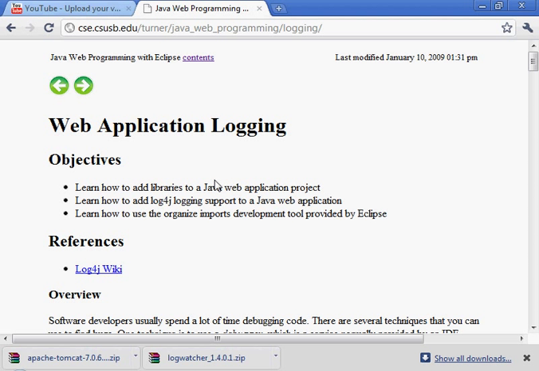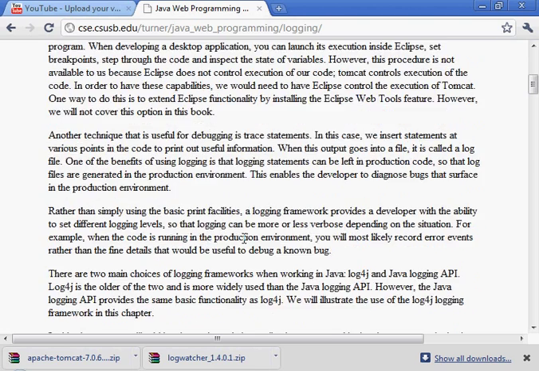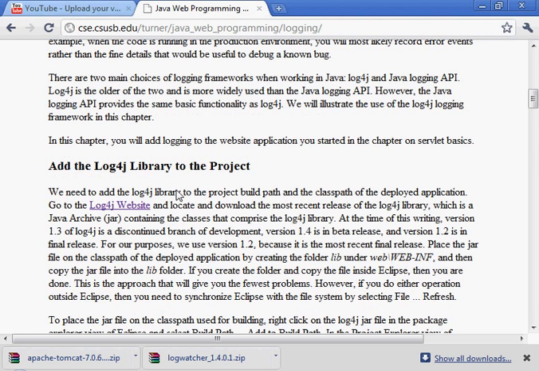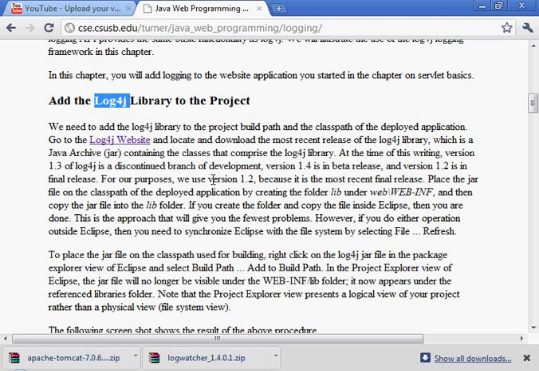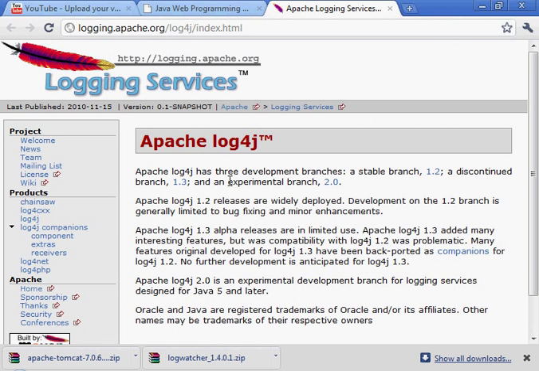Okay, now I'm going to complete the activities that are described in this web page on web application logging. So I'm going to scroll down through here, and the first thing to do, other than reading what we just skipped over, is to add the log4j library to the project. So that means we need to get this library. So I'm going to follow that link, and